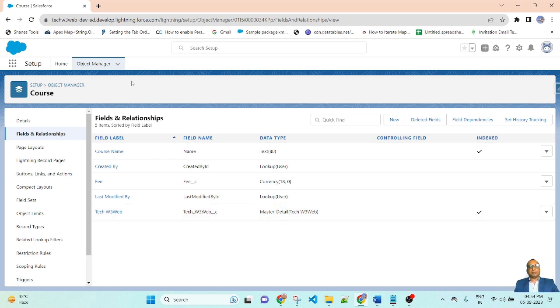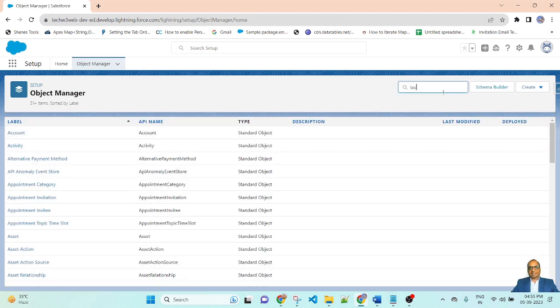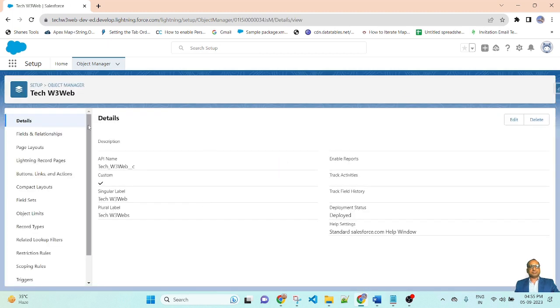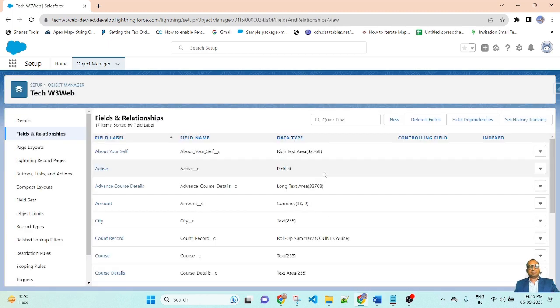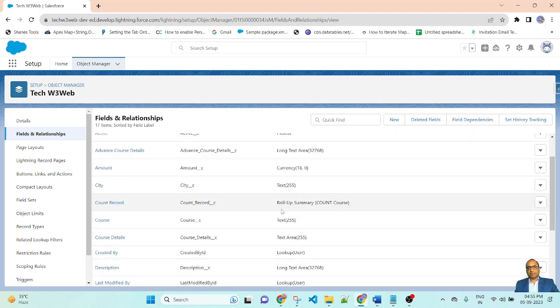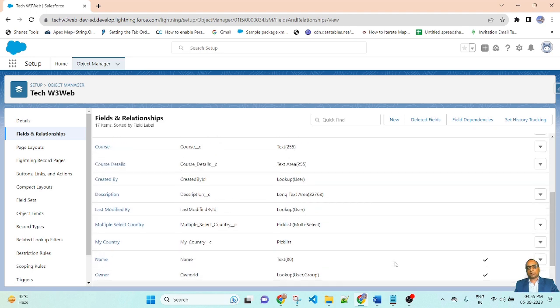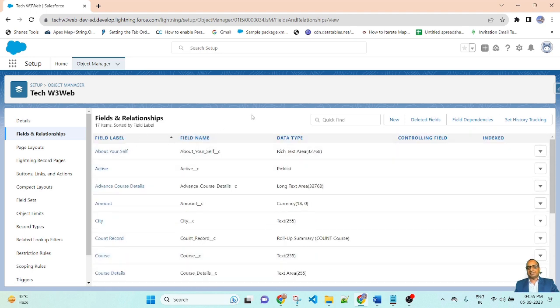Now let me check the parent object, TechW3Wave. Go to the fields and relationships, and here you can find roll-up summary, roll-up summary. There are two roll-up summary fields created on the master side.